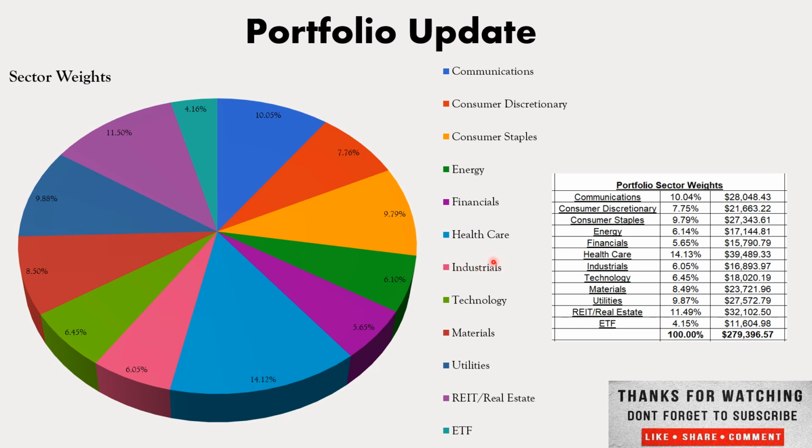Owens Corning has pulled back. I was up 90%. Now I'm up only about 60%. I regretted not adding to it last time it pulled back, when it had a 30% drop. So I'll probably nibble on that. Might even add a little bit of Union Pacific as well, but definitely going to be adding to our Owens Corning position right now. Technology is 6.45%, materials 8.5%, utilities at 9.88%, REITs and real estate sitting at 11.5%, and